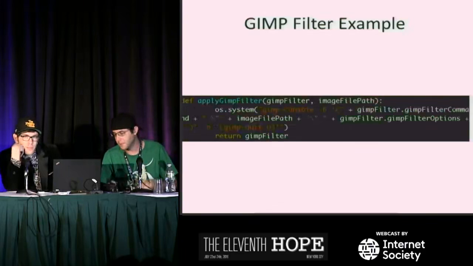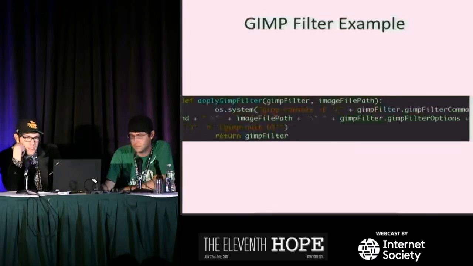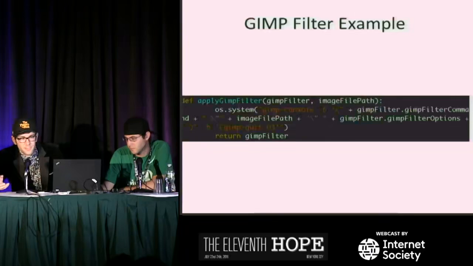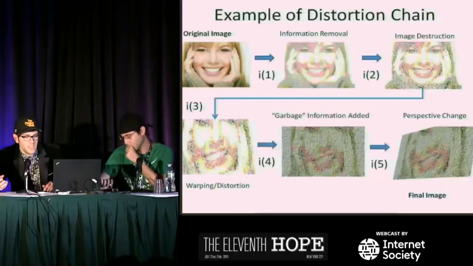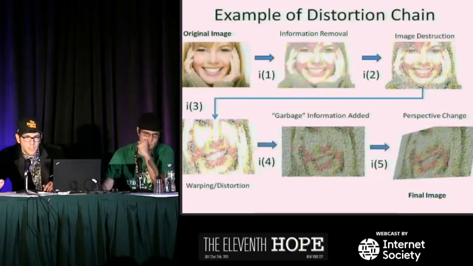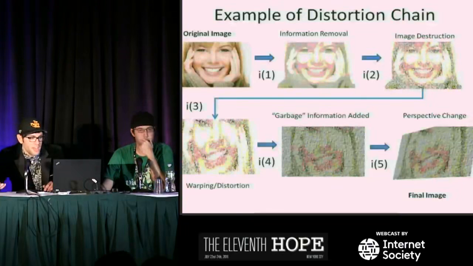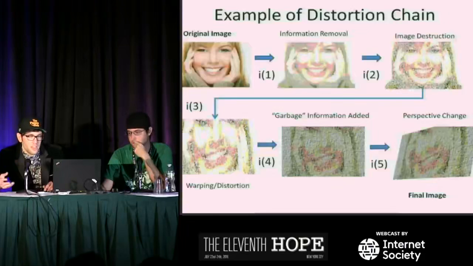One important point is that ordinality is important in filter application. Some filters can be destructive and subtractive, and they play a role in defeating challenges that need extra image data. If a particular CV algorithm needs something, we're taking that data away. As we start destroying the image, it becomes progressively more difficult because there's simply less information, and we've added additional garbage information that makes it nearly impossible for these things to read.